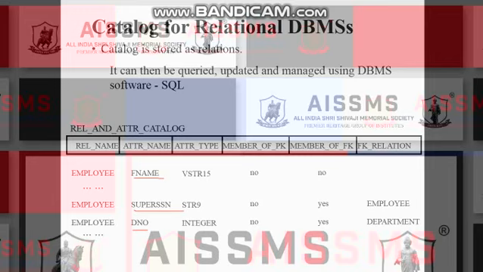If it is a member, then you will get yes here. And member of foreign key: the super SSN and department number have a foreign key constraint. So easily, at one shot, the user can get this with the help of the DBMS software feature, that is SQL.